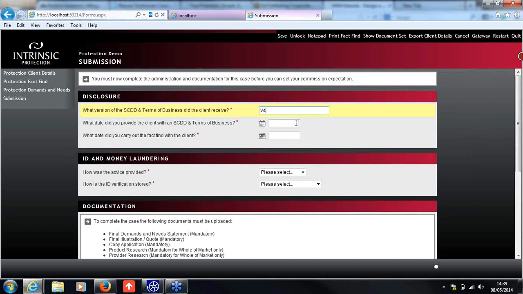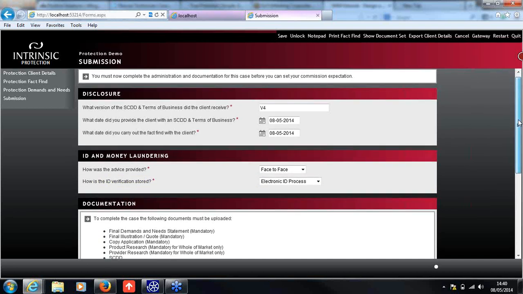So the SCDD will pop in as version 4. The date will pop in as today's date, which is the 8th of May. And the fact find will put in as today's date as well, just for ease. The advice provided was face-to-face, and the ID verification will say that we completed a URU check, which is classed as electronic ID. And just moving down,